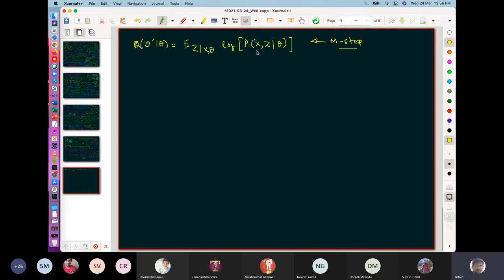Now here you can see that I could write this internal formula as probability of x given z comma theta into probability of z given theta. Why did I write it in this form? Because now this expression will be transformed as